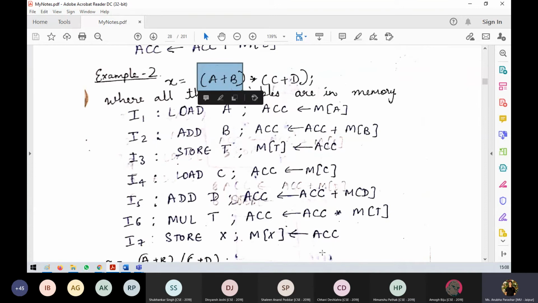So you add both of them, accumulator plus temporary register, sorry, multiply both of them. So accumulator multiply temporary register. For that you use MULT, MUL, and T means anything that you are wishing to multiply accumulator with. So we wish to multiply accumulator with temporary register. We are doing that, and ultimately storing the value of accumulator to X. Why? Because they have used this variable X.